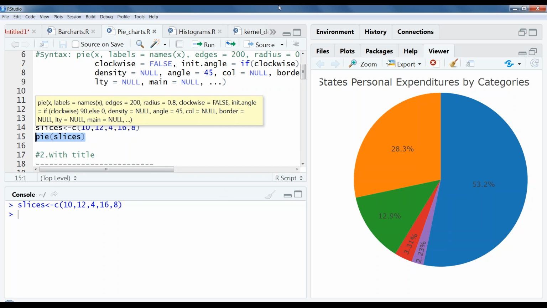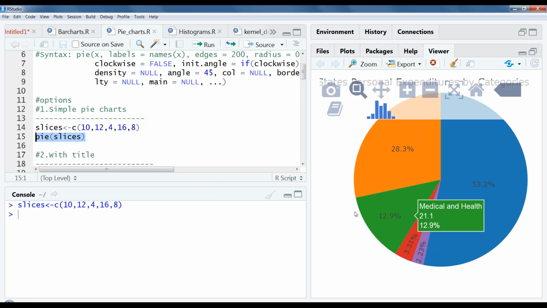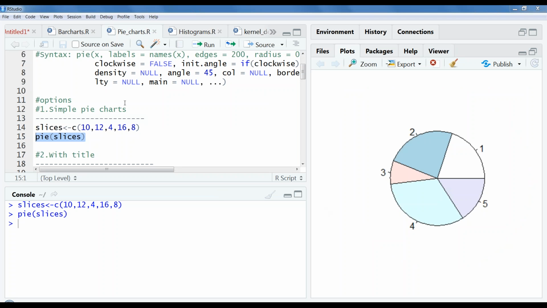If I run this, pie of slices, it gives a pie chart, but still there is no clarity in this pie chart. I'm not talking about color, I'm saying there's no way to tell what is this 2, what is this 1, what is this 5, what is this 4 and 3.